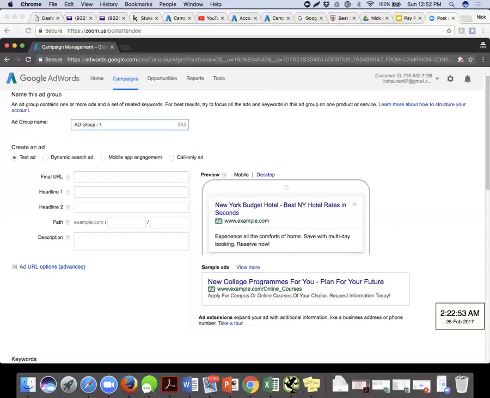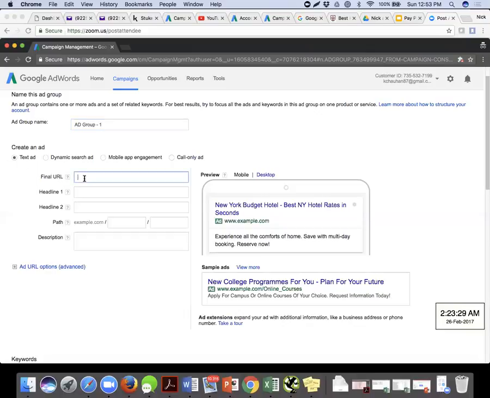Now, as you can see, these are the elements, guys. When I was making you understand the ad extension example, I was telling you that there are certain default elements of an ad. And here are the default elements. The final URL comes in first. Now, final URL and path are two different things. The path thing which you are seeing over here is going to be the URL which will be displayed. There are two sort of URLs which will come.